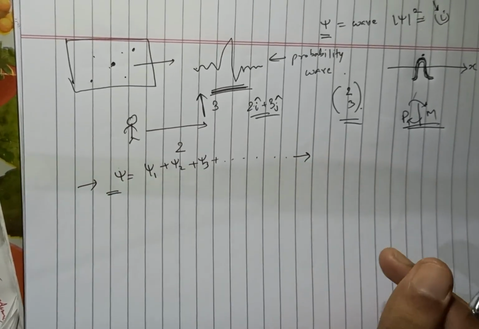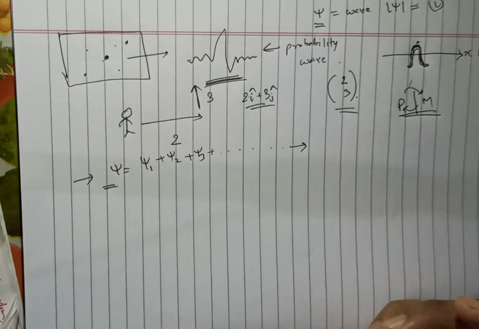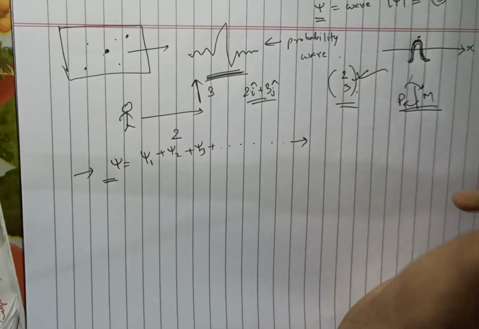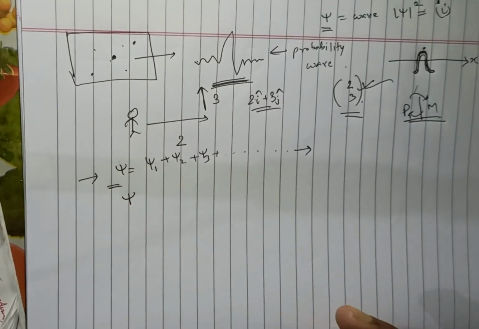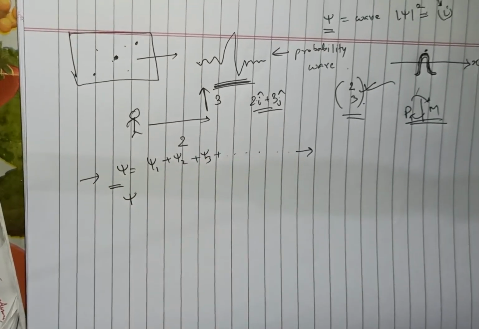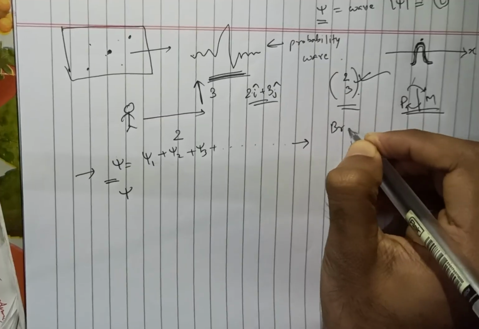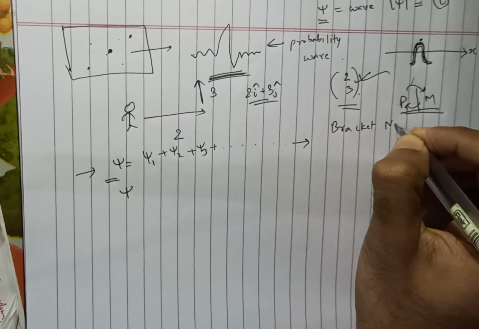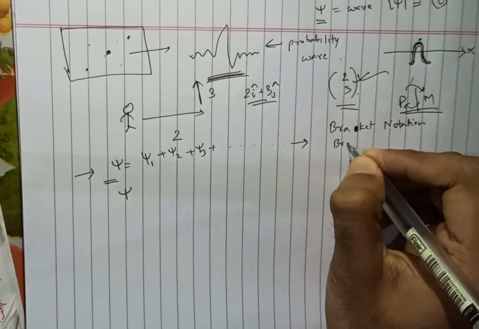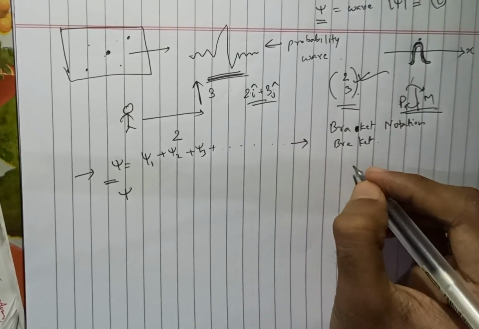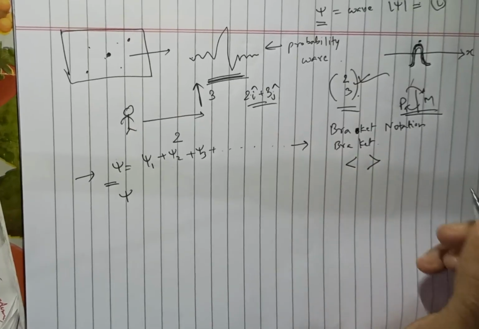To represent it in mathematics, we can also represent psi in a vector form. This is the vector form that I am talking about. Now if we have to represent psi in a vector form, we will have to put it in some kind of notation. That notation is called a bracket notation. But here the C is missing actually. It's a bracket notation. In the bracket notation, we have two arrows here.